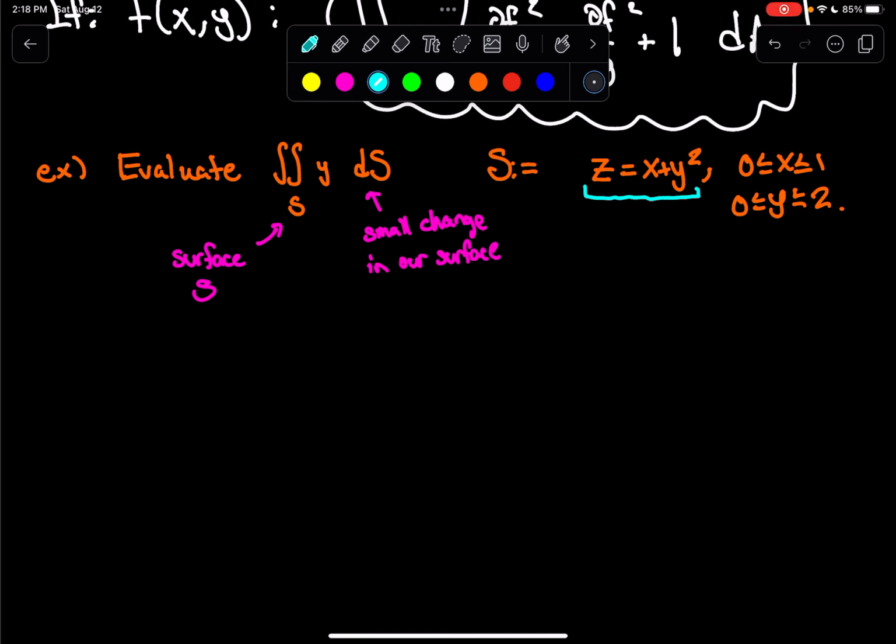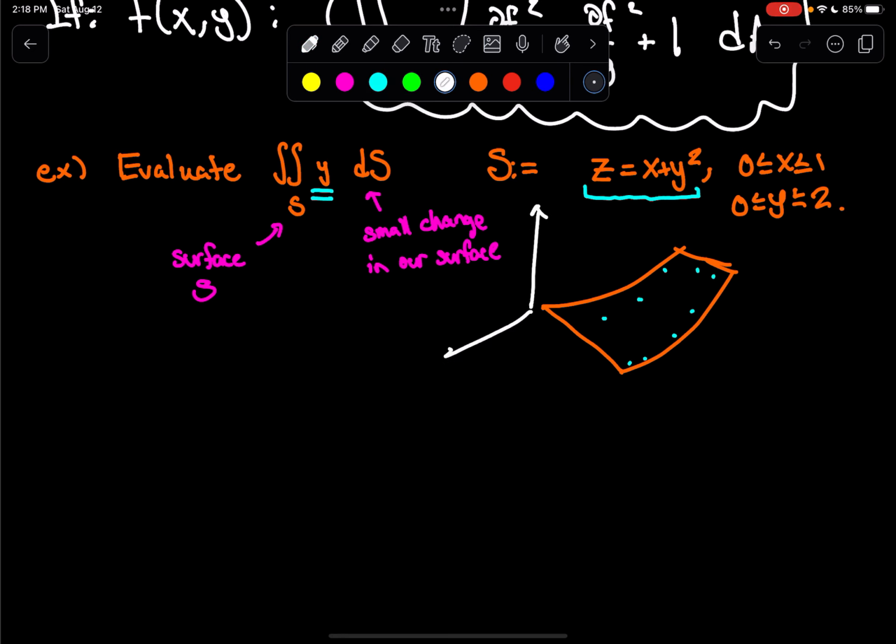It's parabolic in one direction. It's a plane in the other direction. So I think it probably looks something kind of like this, where it arcs up a little bit. And we're just trying to add up the values of this function over the surface of this particular shape. And we've been given the restrictions,